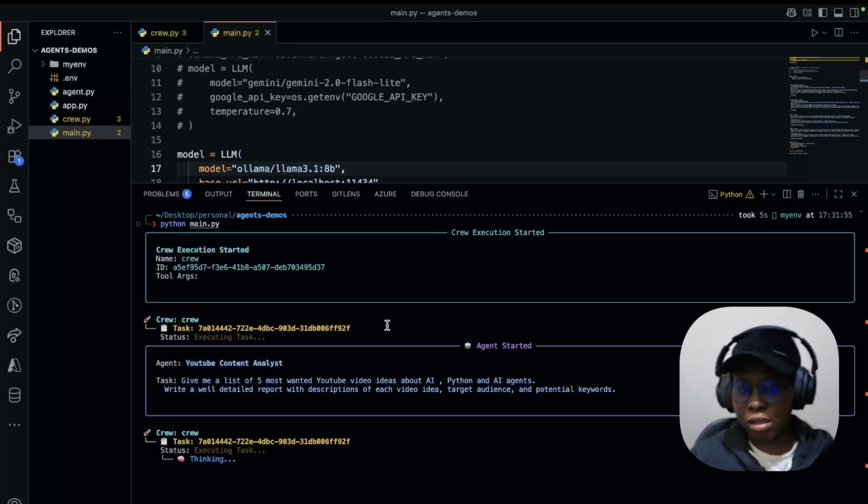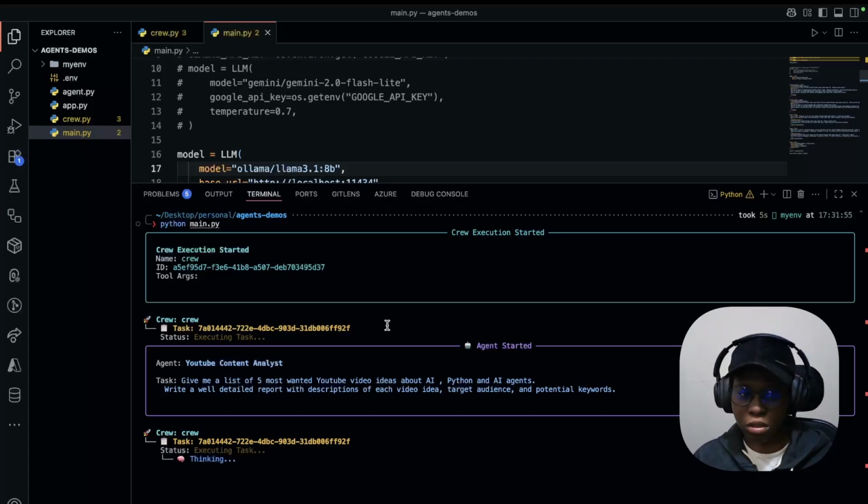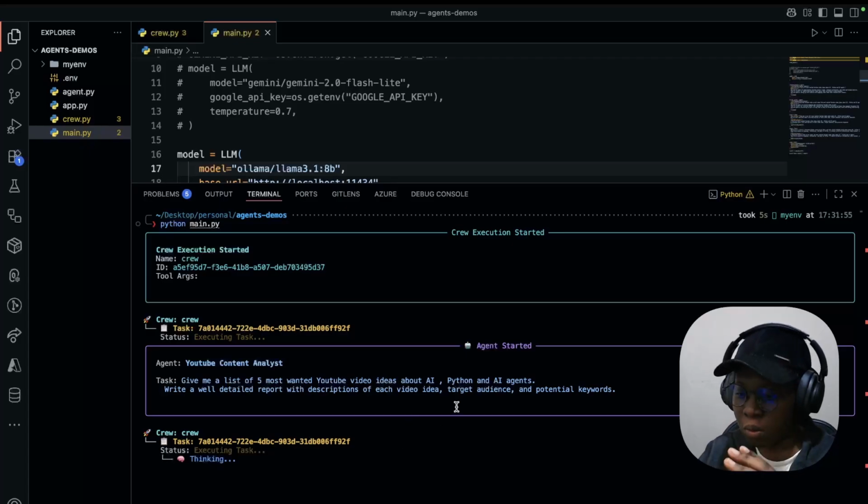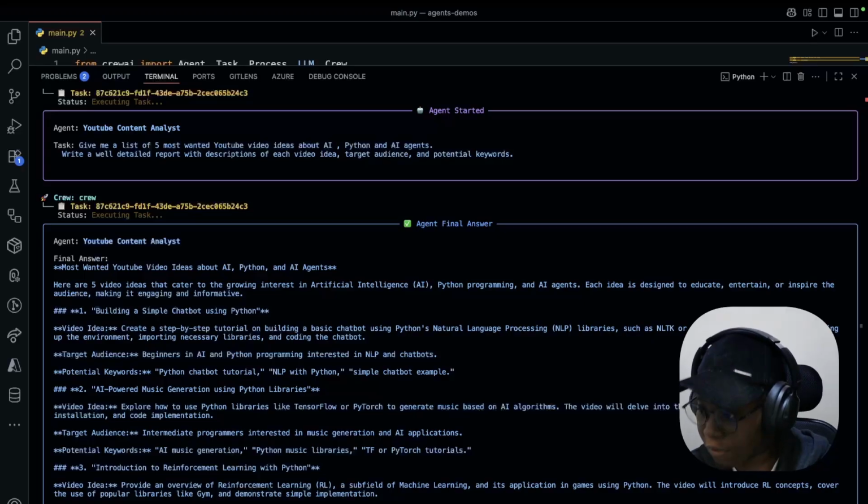And our agent is running. So you also get to see how the agents would collaborate with one another on your terminal. You get to see how they talk to each other, and you get to see the response. So it finally gave a response, and for the YouTube content analyst, the final answer, it said the